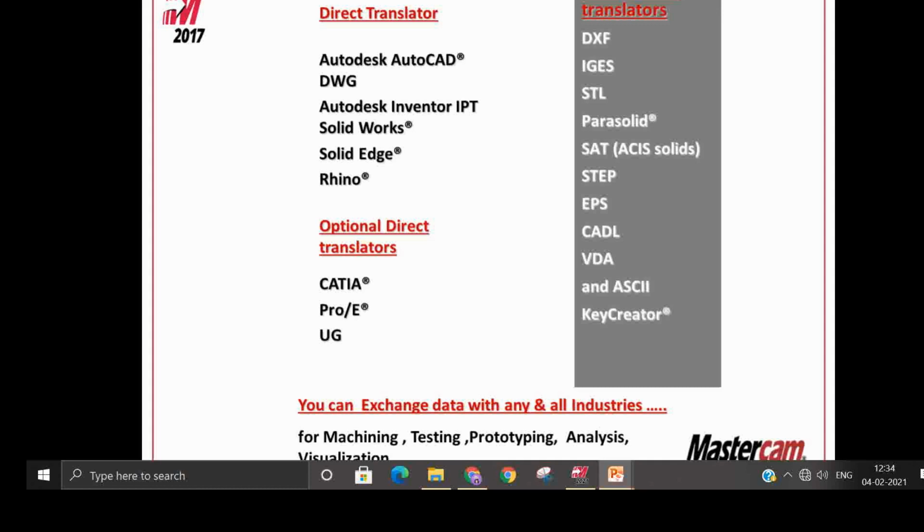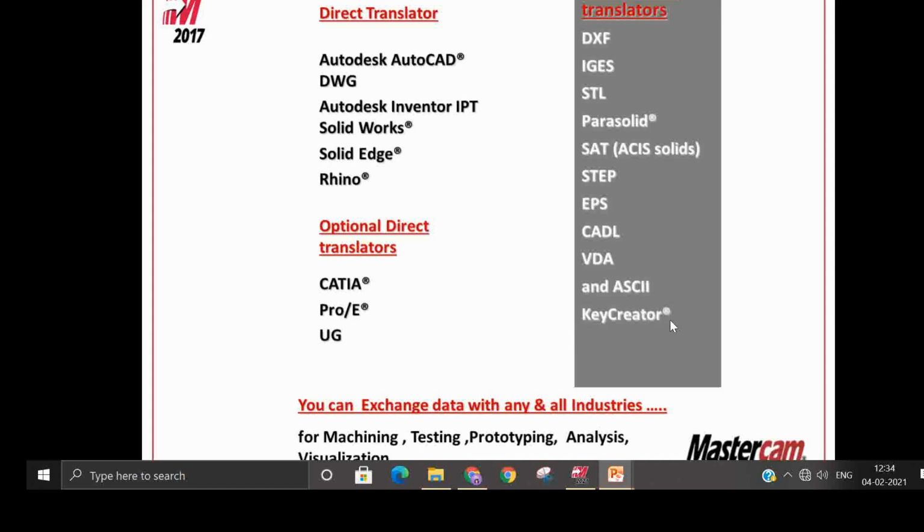The second is the built-in data translator. Suppose whatever software I told, these softwares are not available with us, and we have some other software. Then you can bring that data in a common format: DXF, IGS, STL, Parasolid, SAT, STEP, EPS, CADL, VDA, ASCII, KeyCreator.